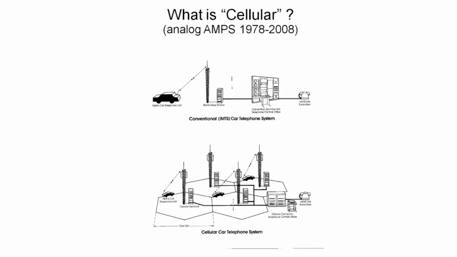So here's the diagram of that. On the top is the typical conventional system where you had one base station connected to all the mobiles, and then the audio and controls went through to the telephone company. On the bottom is the cellular system where that area has been broken up into individual cells. Each cell has its own base station, and the audio and signaling go back to the mobile telephone switching office. And the MTSO is the brains of the system, and it has to keep track of where all the mobiles are and which cells they are in, so they know how to route any phone calls coming to those mobiles.